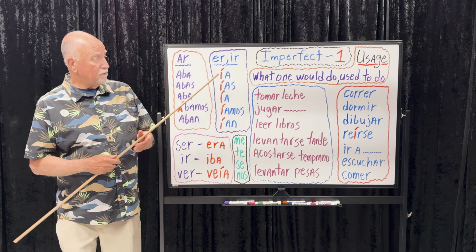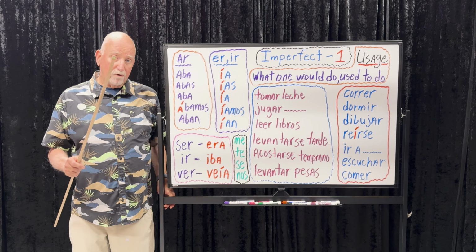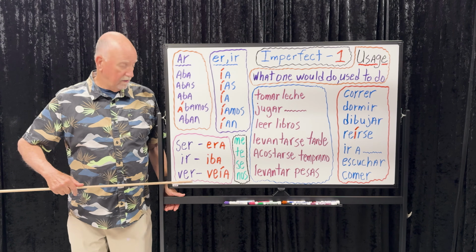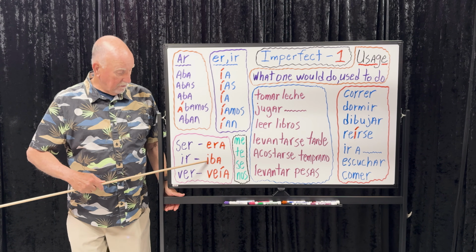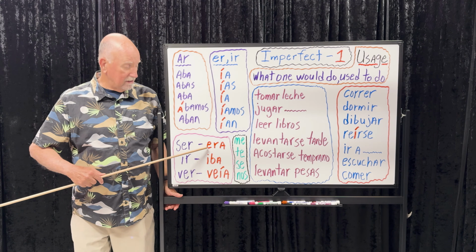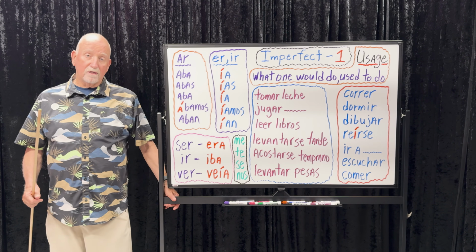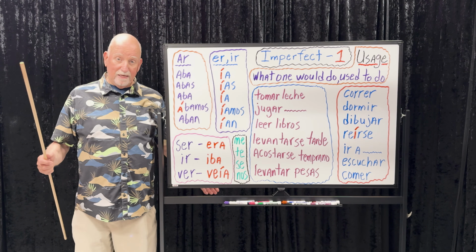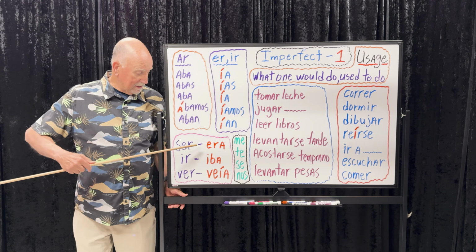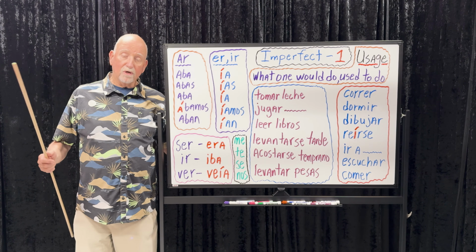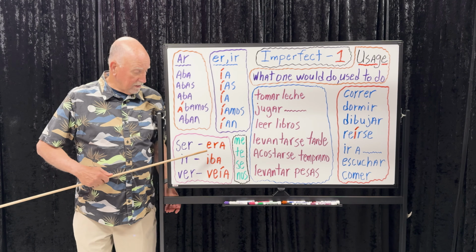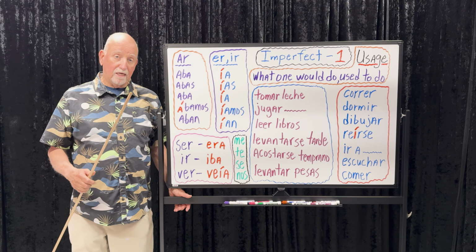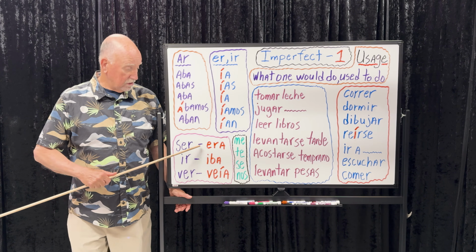Now, we mentioned there are only 3 verbs that are irregular in the imperfect. Ser, ir, and ver. Look here, you got era, iba, and veía. I think I mentioned this is an easy one to remember. The imperfect of the verb ser is era. ERA, if you like baseball, earned run average. If you like Taylor Swift, the Eras Tour, ERAS. Okay, era. For example, if I say in the present tense, somos amigos, we're friends, and I want to say we used to be friends, éramos.